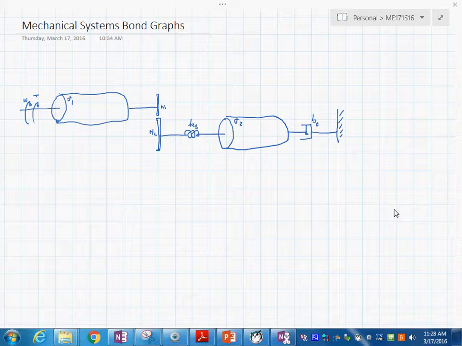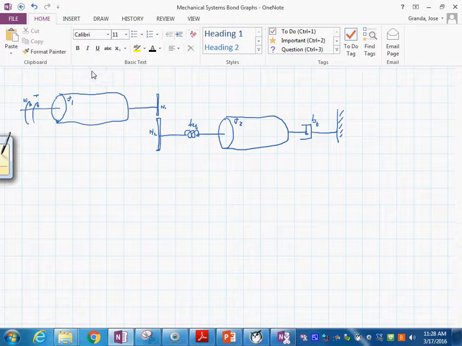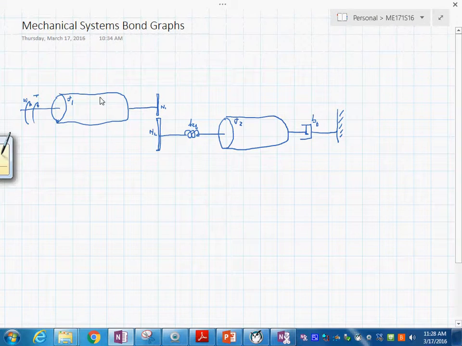We have now in front of us a mechanical system that we would like to generate a bond graph over, and let's just apply the same procedure as I have mentioned in the past. The first thing we're going to do is to use the one junctions for each angular velocity in this case. Then I'm going to put the one junction here for omega 1,